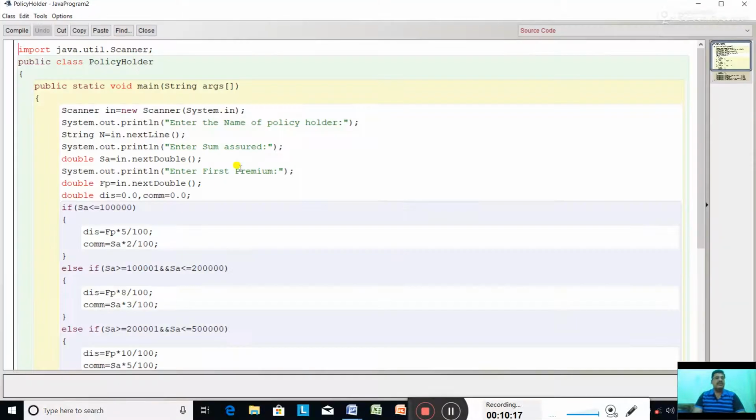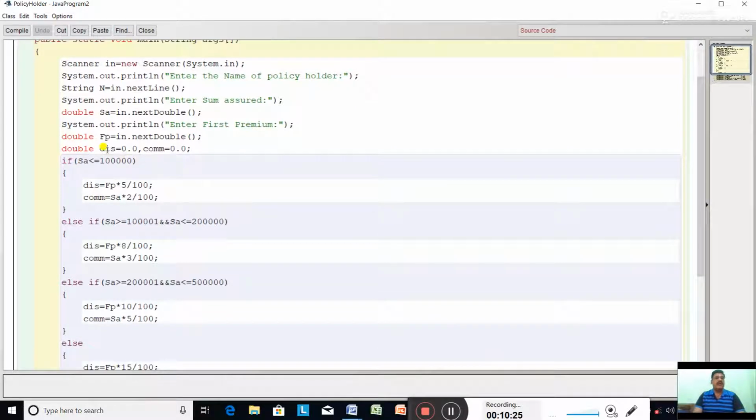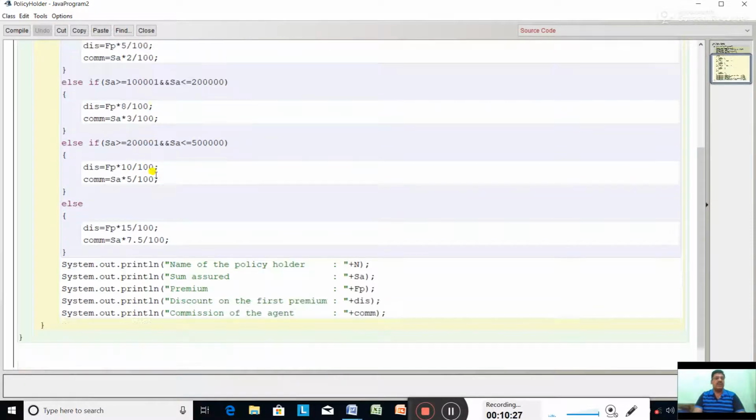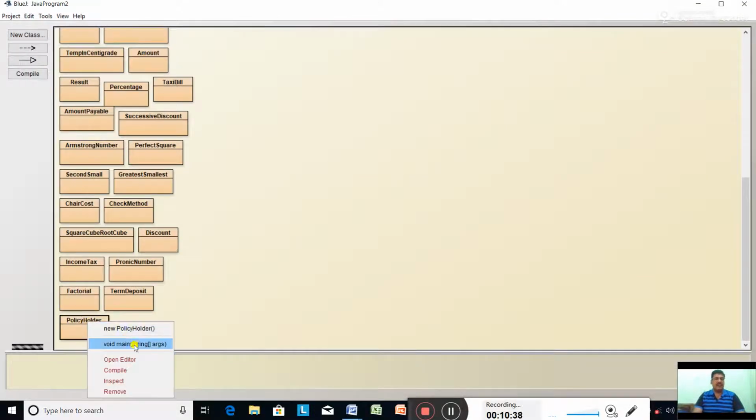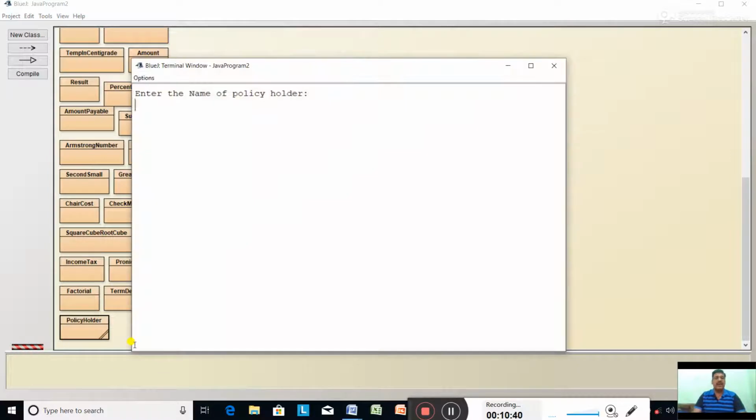You can see on the screen, public class policyholder, entering the name, entering the sum assured, entering the first premium, declaring the discount and commission, and doing all the calculations. Compile the program. No syntax error. Close. Right click, void main. Enter the name of policyholder, Rajesh Kumar Singh.